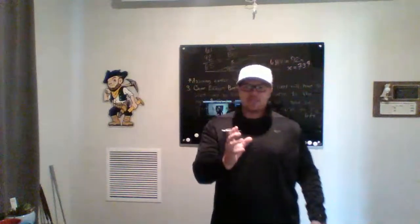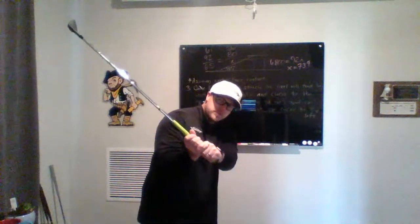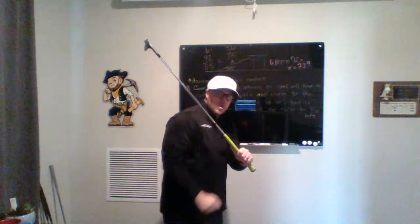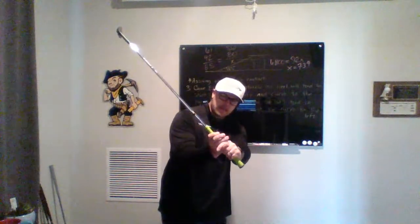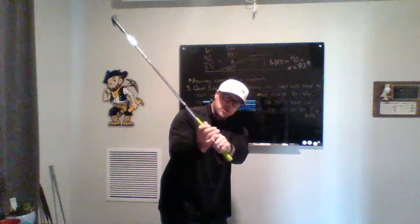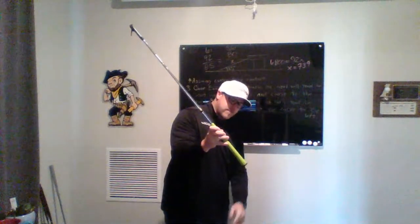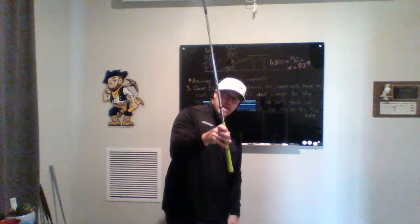Now, you may have somebody who's perfectly shallowed out. They've got this club in a nice shallow position. And just a checkpoint would be lead arm parallel to the ground. If you're looking from this down the line view, film your swing on video. Pause when your hands are about level with your shoulders. Lead arm parallel to the ground, right in that area, and see where this butt end of the club is pointing. If that butt end of the club is pointing way inside the golf ball, you're coming down steep, and